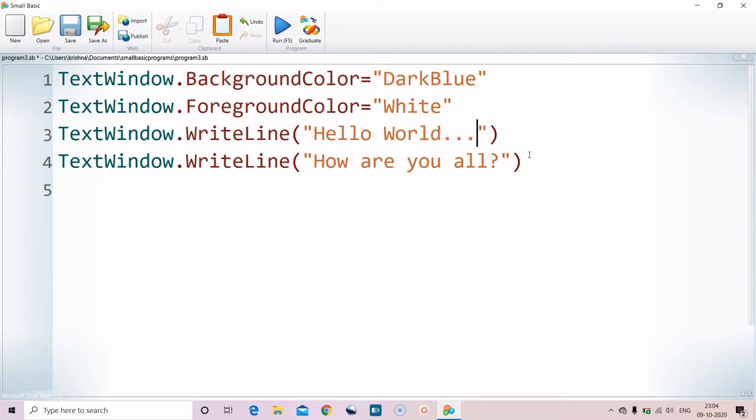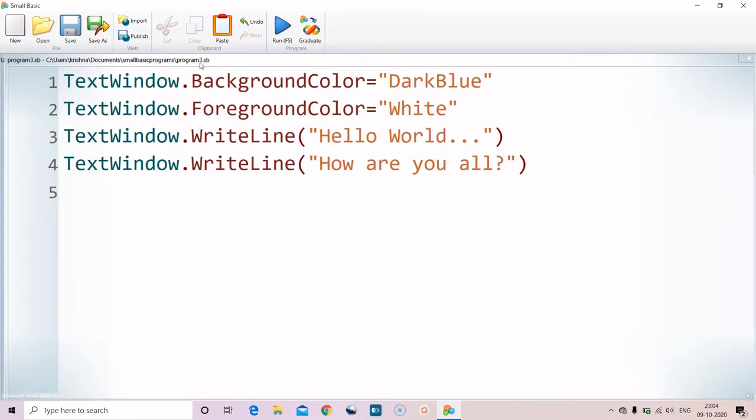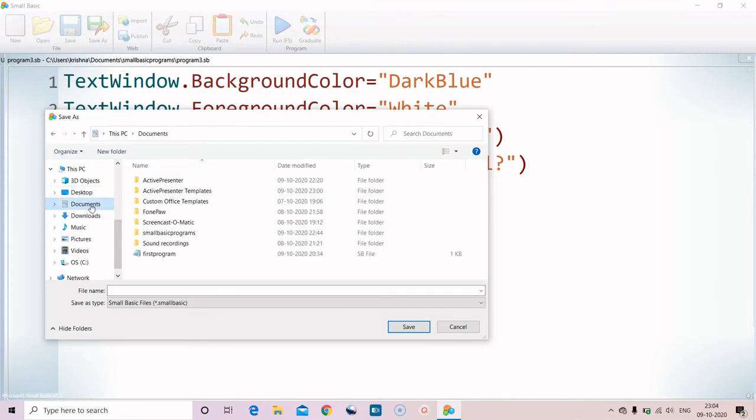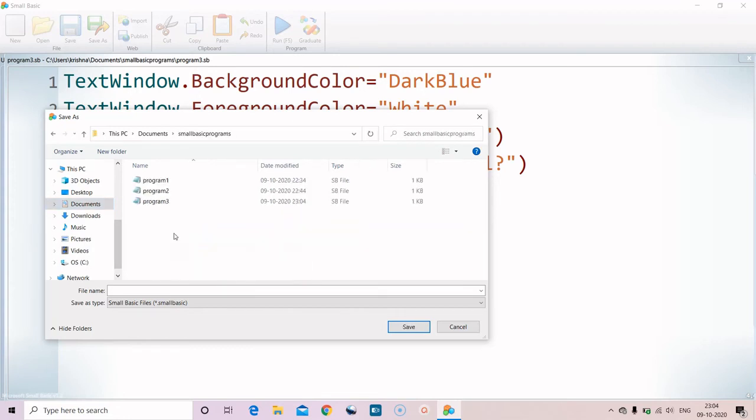So I made a small change. We can save it, and it will save into the same program. Similarly, with the save as button, we can save a copy of it. We can save anywhere, so we can choose any folder and any file name. For example, let us save in the same folder with a different file name.